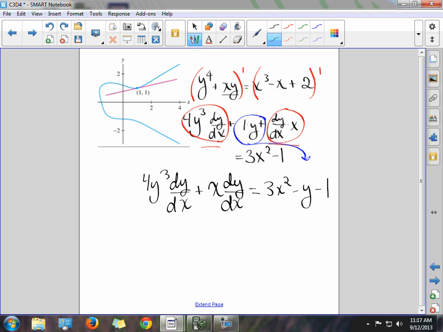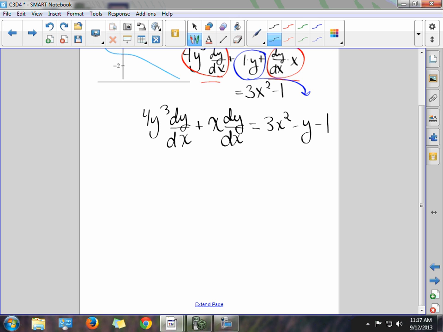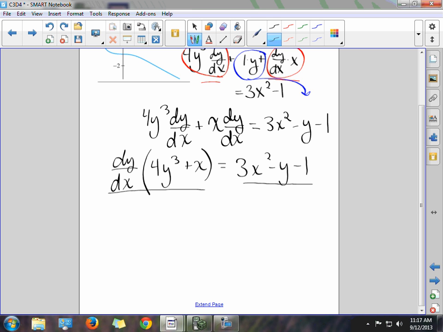So now my next step is to factor the dy/dx out of both terms. Okay, and now I can divide both sides by this term, and it'll cancel out, and I'll end up with